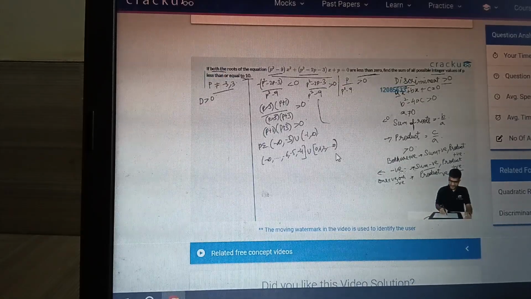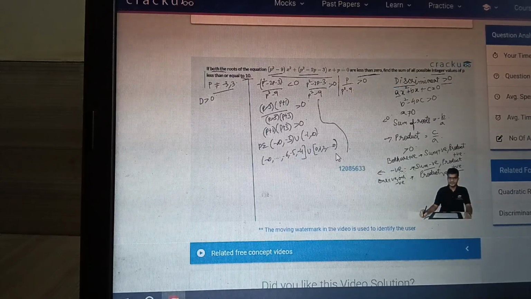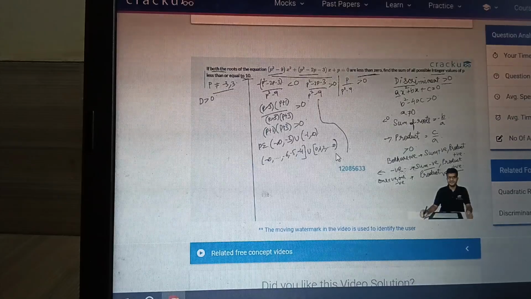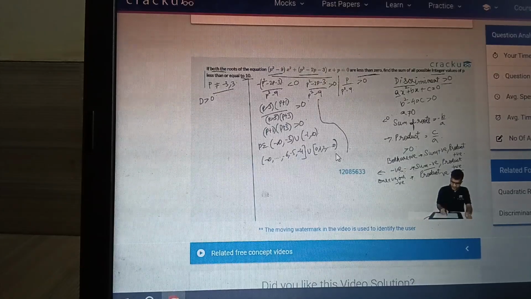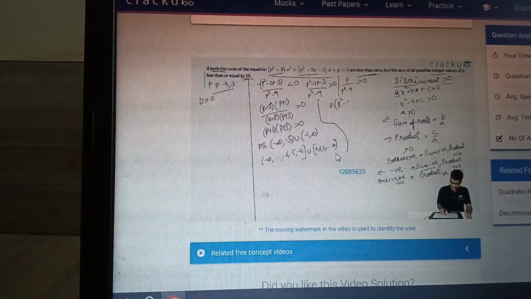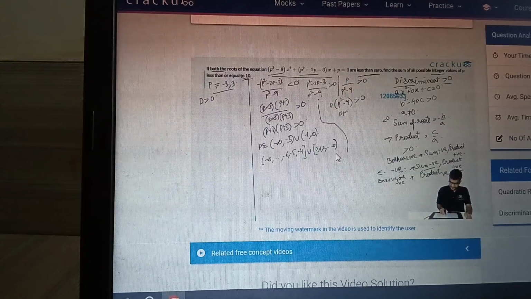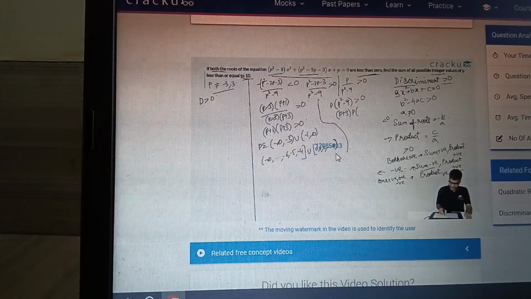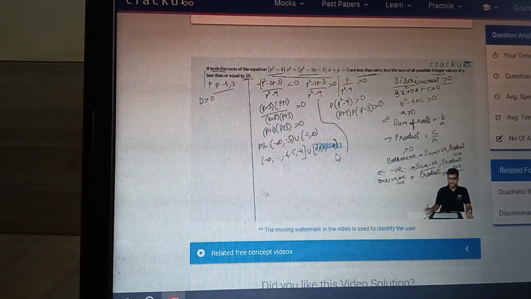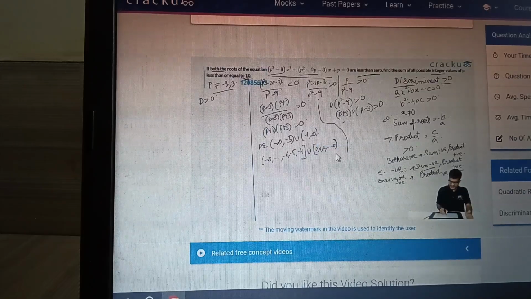The second inequality says that p divided by p square minus 9 is greater than 0. If you multiply the numerator and denominator with p square minus 9 whole square, this becomes p into p square minus 9 has to be greater than 0, or p plus 3 into p minus 3 has to be greater than 0. What are the three roots of this cubic equation? The three roots are minus 3,